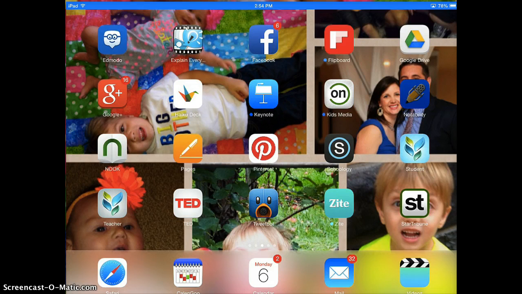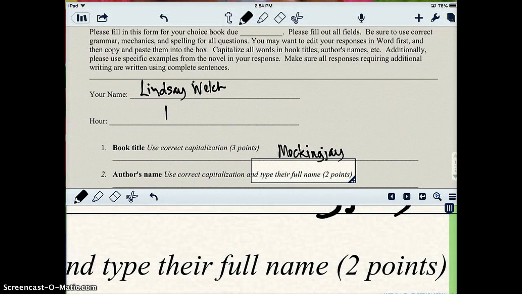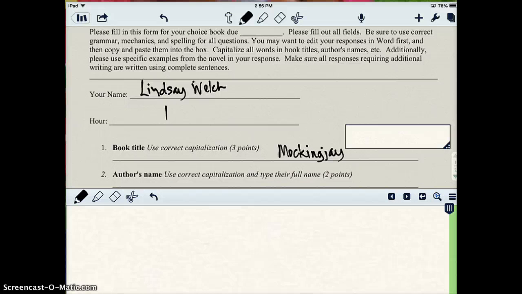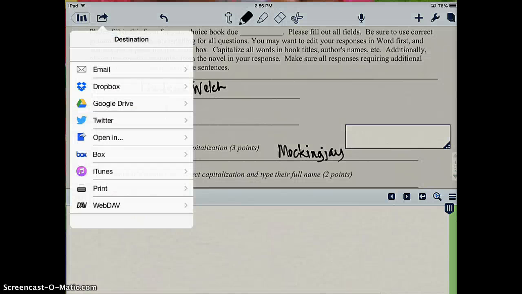So if I had students just editing and annotating a PDF file that they downloaded from my website, and now I wanted to collect that assignment. So this is all done in Notability. Now I'm going to have them put it into Showbie. And prior to them putting this into Showbie, I will have had entered my students into a Showbie class, and I will have had an assignment created for them to drop their Notability assignment into.